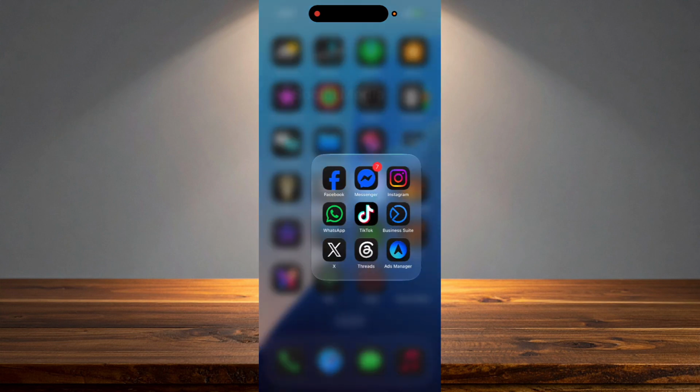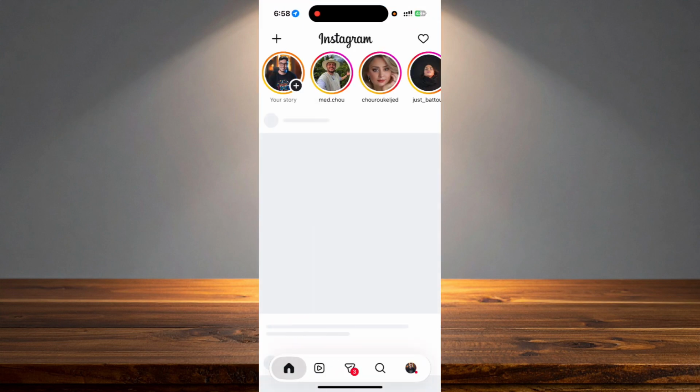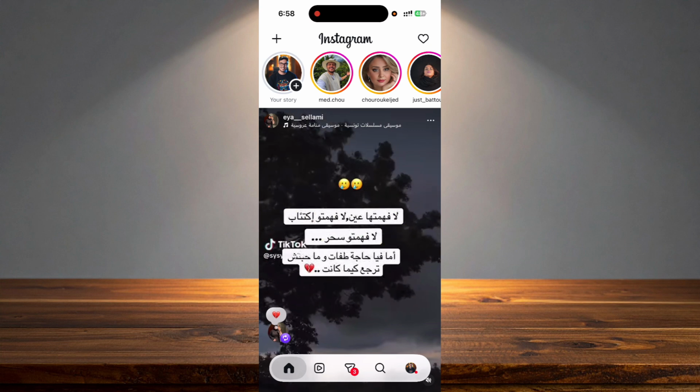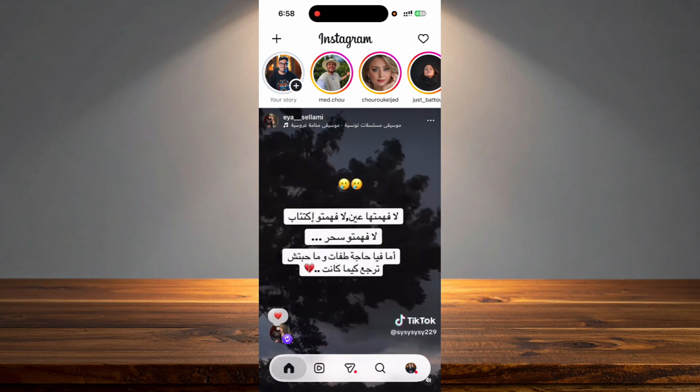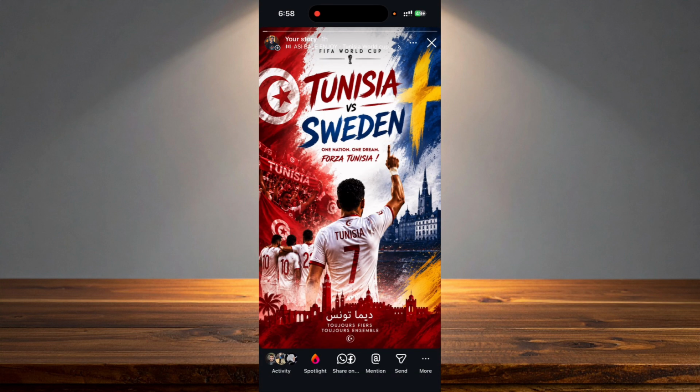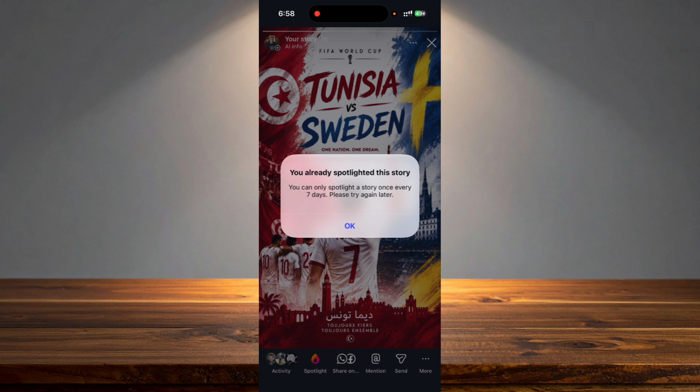So of course this feature is available only for Instagram Plus subscribers. You just have to go to your story, and as you can see, next to the picture of the people who have seen your story at the bottom of the screen, there is a spotlight option. Click on it, and as you can see I already spotlighted this